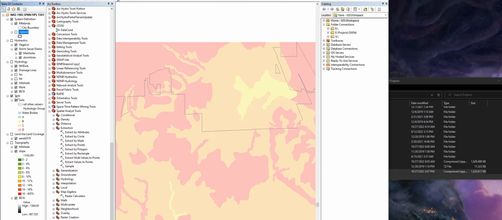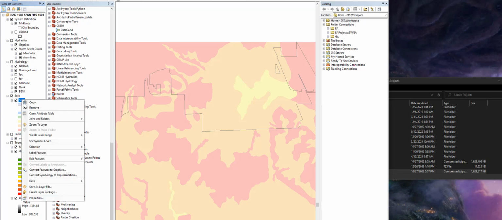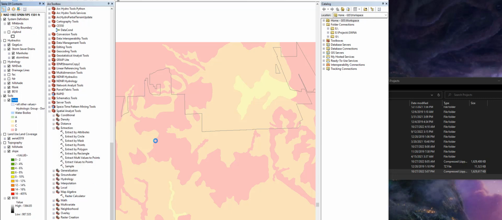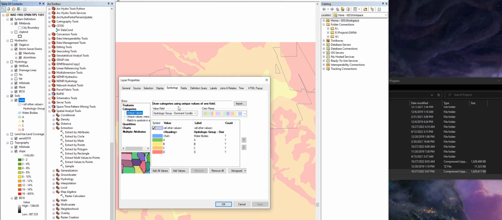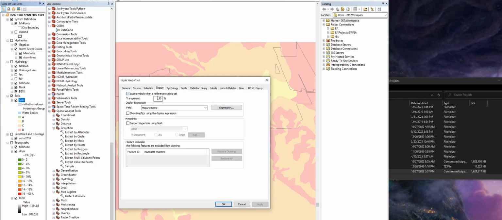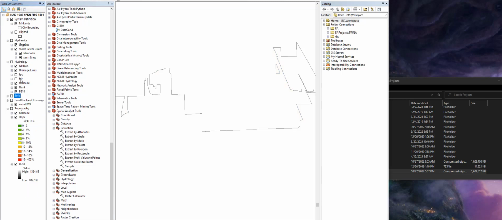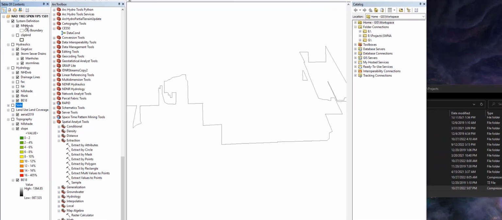So if I drag and drop soils and I put it on top of my system definition, I may not be able to see my boundary, but I will because I set a transparency in my soils. So in my soils layer, if I right click on this and go to properties, and I go to my display, I set a transparency here to make that layer transparent, kind of like trace paper. So anyways, going back into my system definition,